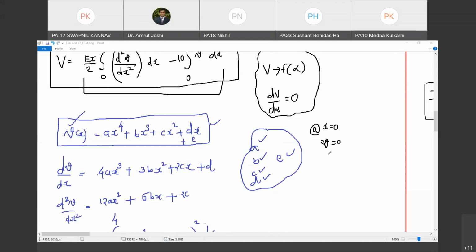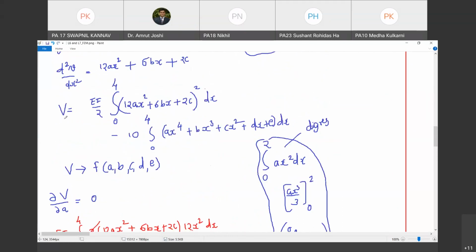Type your response in chat box. Yes. So therefore, E ought to be 0, because if I substitute x equal to 0 here, everything will vanish and E will become equal to 0. So in the first place, E should not have been there. So therefore, we have got the final expression for V of x.